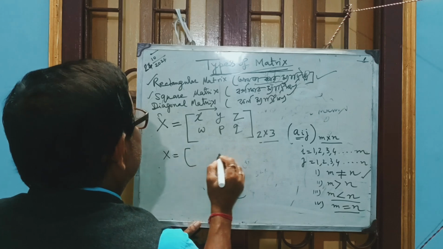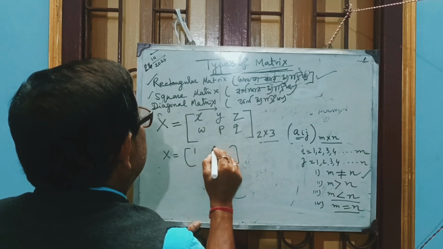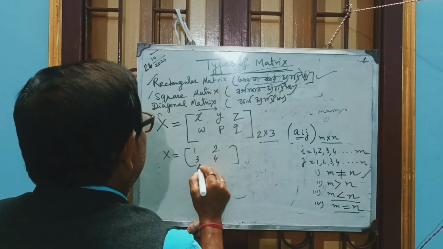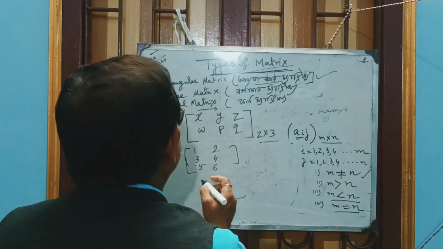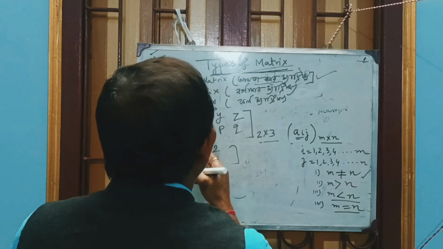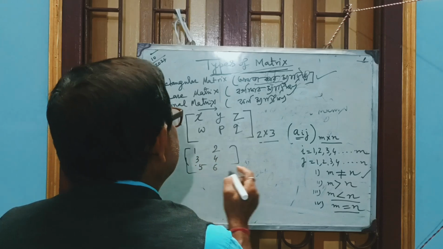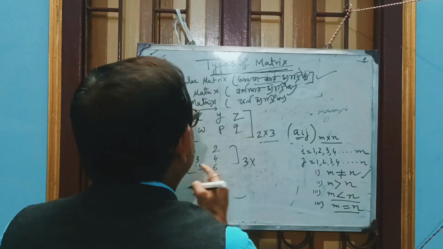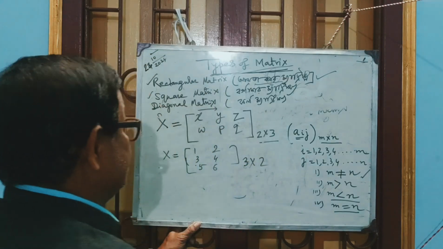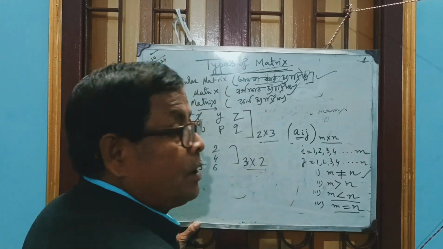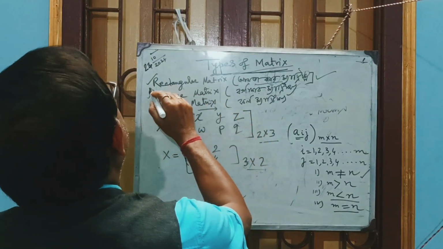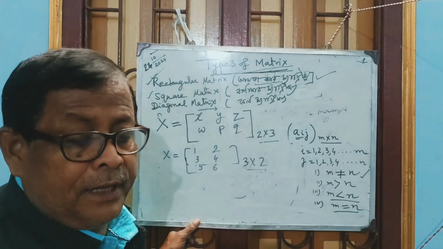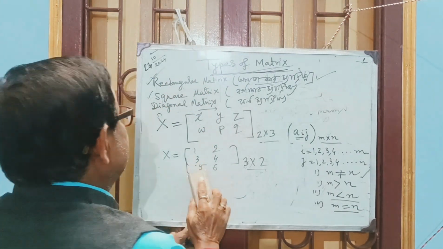X is equal to 1, 2, 3, 4, 5, 6. This is also a matrix, of order 3 by 2, with rows R1, R2, R3 and columns C1, C2. Now, the number of rows is not equal to the number of columns. Therefore, this is also a rectangular matrix. If the number of rows is equal to the number of columns, then it is called a